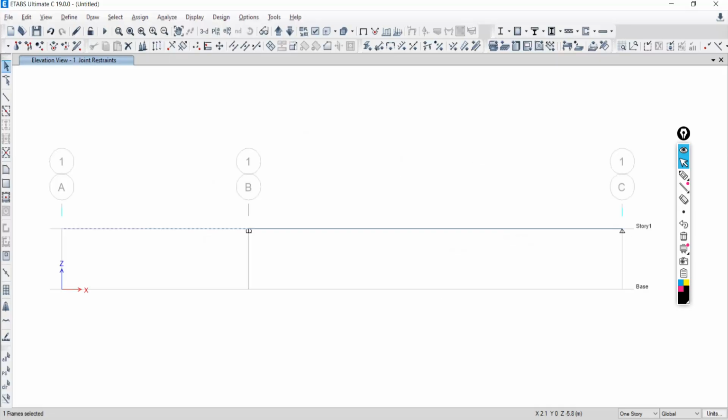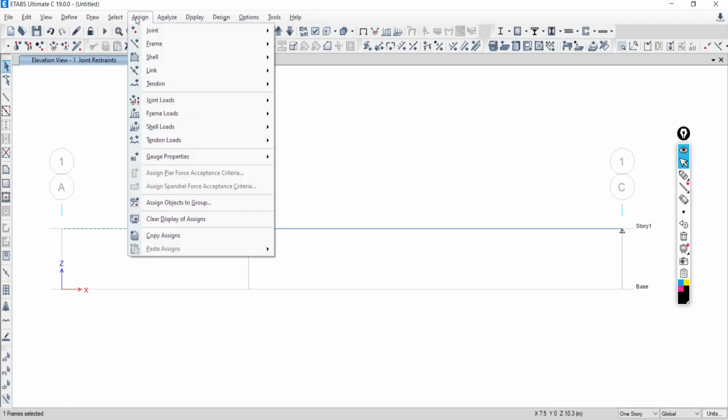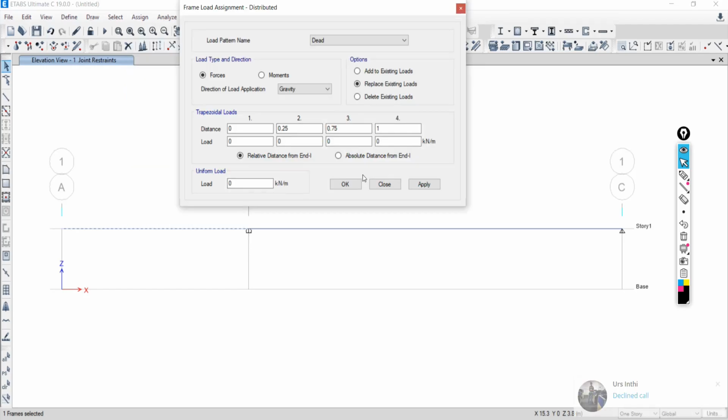So go back to it as frame, go to assign. As it is the assign work, you need to go to the assign section, assign, it is the frame. Now it is the distributed load, whether uniformly varying or uniformly distributed. Just click over distributed, go with the live option, and trapezoidal loading is there. Okay, so go to the absolute option,